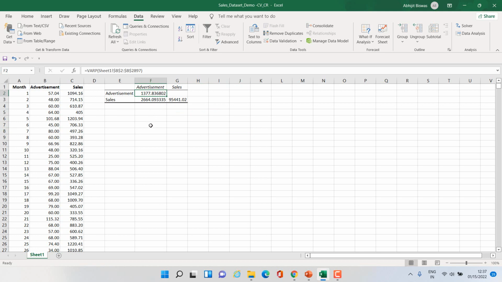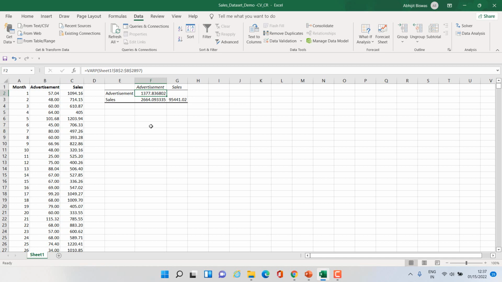If you see the number that I have selected, this basically represents covariance between advertisement and advertisement. And you need to know that covariance between a variable with the same variable is nothing but the variance of that particular variable.